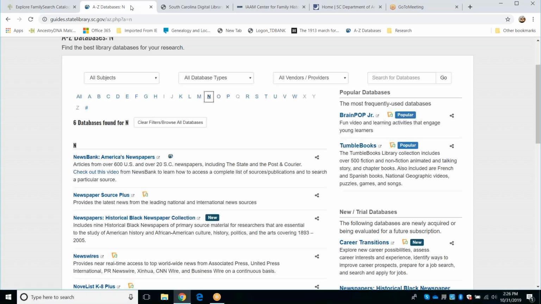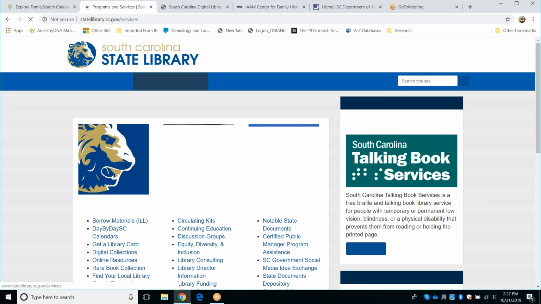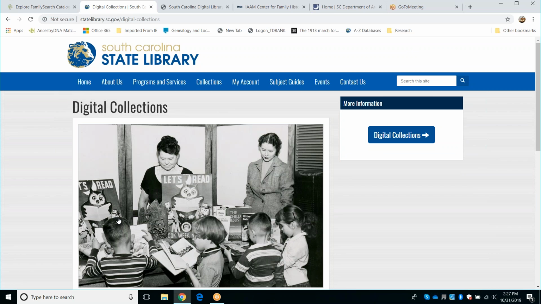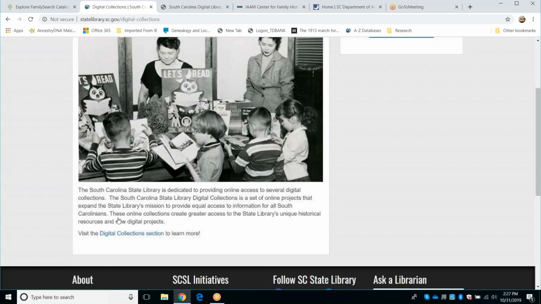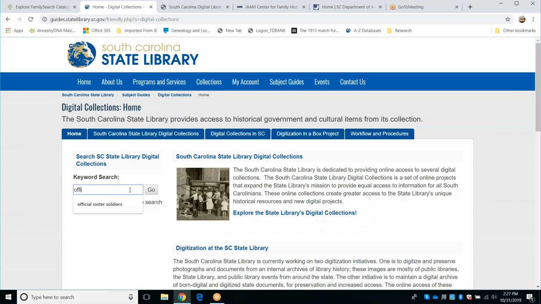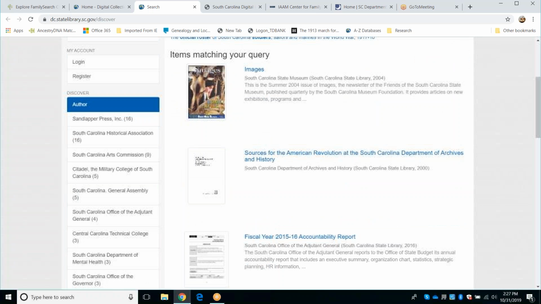The other thing I want to mention about the state library is the great work they've been doing with their digital collections. Okay, now I have to get to my notes also. So, for example, and this is just what I type in here. You guys can, you know how it is. You just figure out your own way to, usually I just keyword search it. The kind, wonderful people at